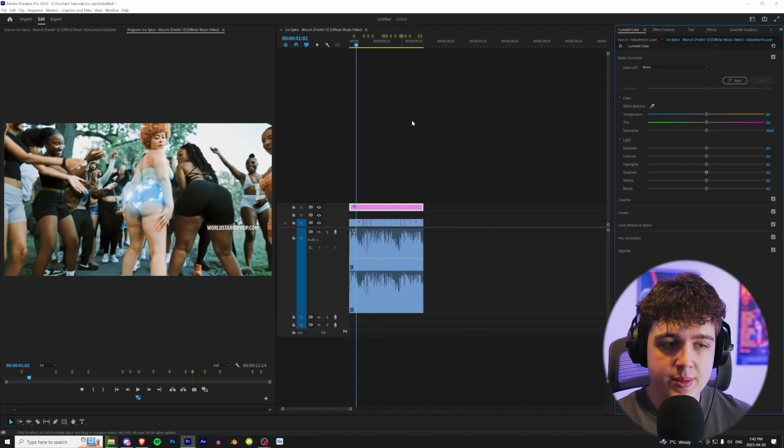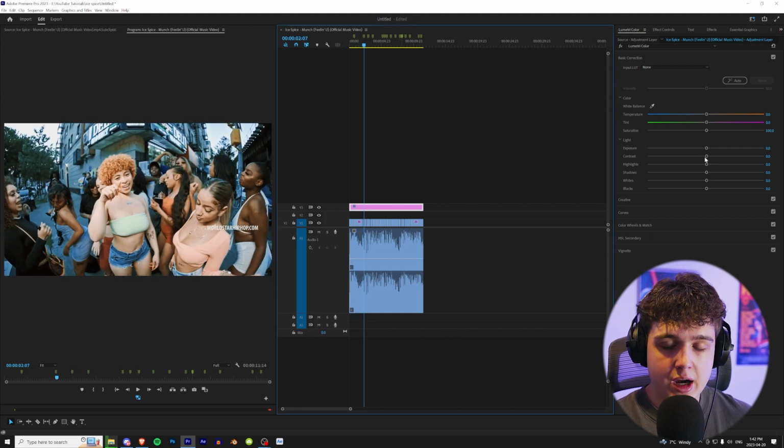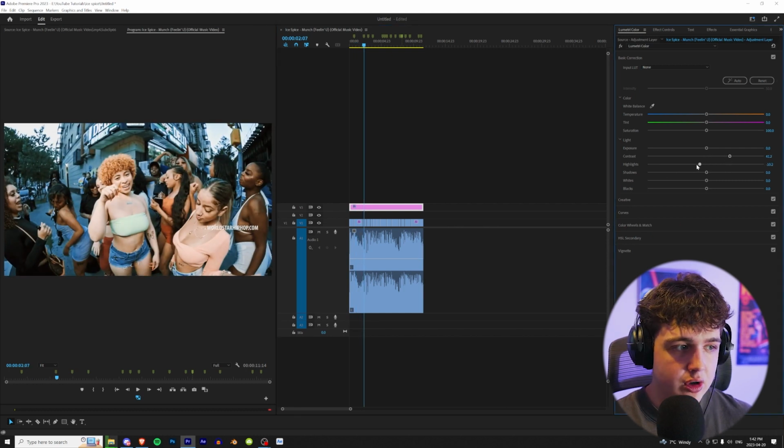So if we go back into basic correction here, what I do to fix this up a little bit is just turn the contrast up, turn the highlights down like that, add a little bit of orange into it, add some green, maybe turn the saturation up and then turn the blacks down. And if we play this through,